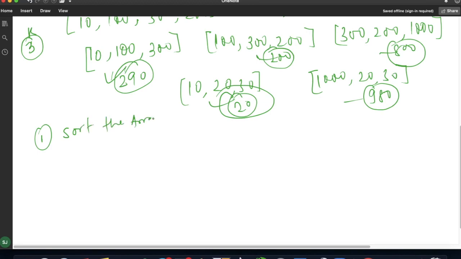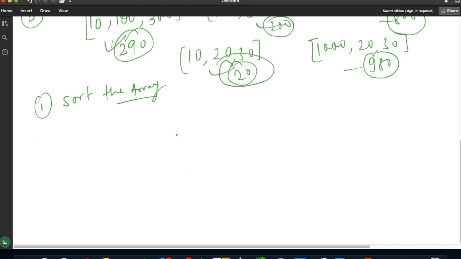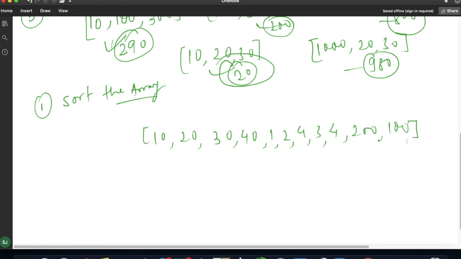For example, suppose I'm taking one array as 10, 20, 30, 40, 1, 2, 4, 3, 4, 200 and 100. Suppose this is my array and the k value is 4.